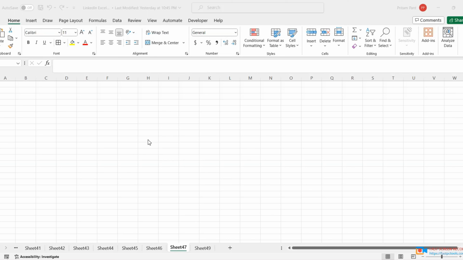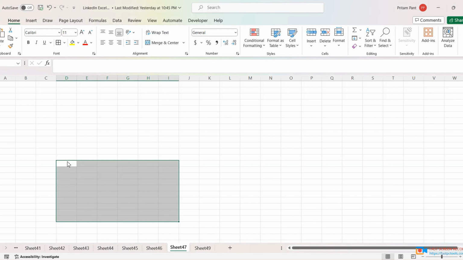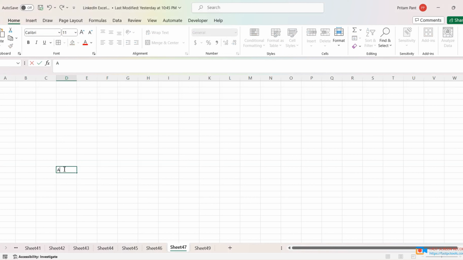Hi guys, today we are going to make an EMI calculator where we can find out the monthly installment for our home. Let's start it. Let's start from annual interest rate,